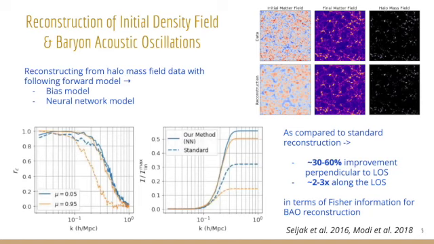This is fairly optimistic because we use halo mass fields as our data, and we assume that we know the masses correctly. So some of this will reduce when you use realistic scatters, but it's still a big enough gain that you gain a non-trivial amount at the end of the day.